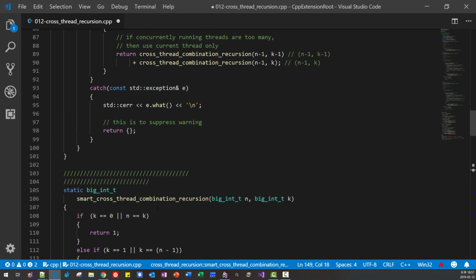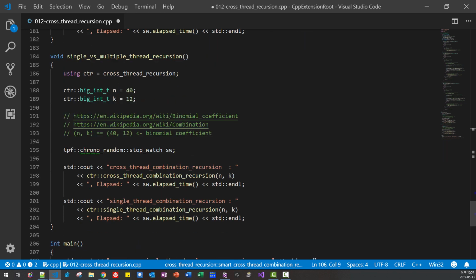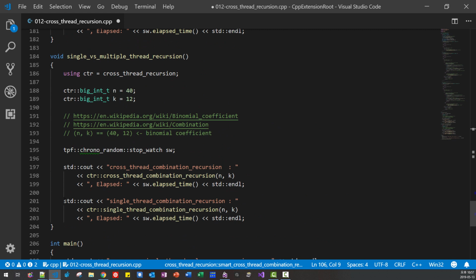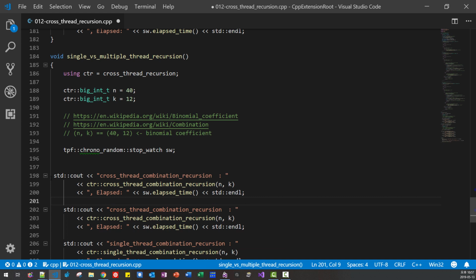Now let's try this one too. I will copy here another one, I copied, pasted it here.